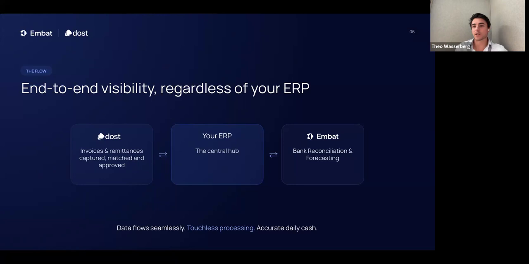And the output of that is really dramatic for businesses: the management of cash much better, the accuracy of the data, the quality of the forecasting, and that's really, really powerful.